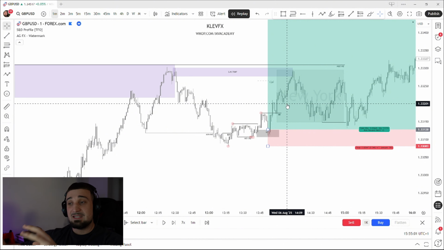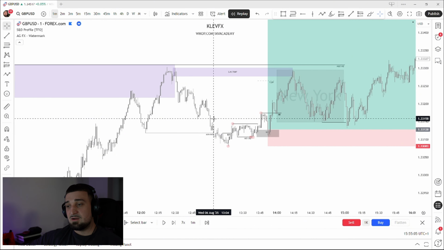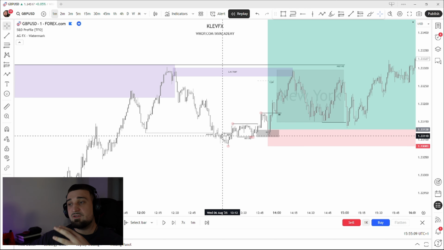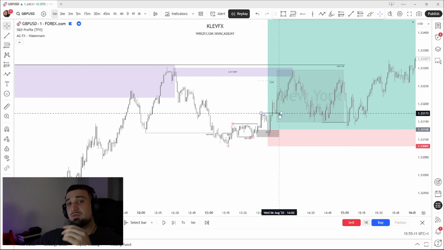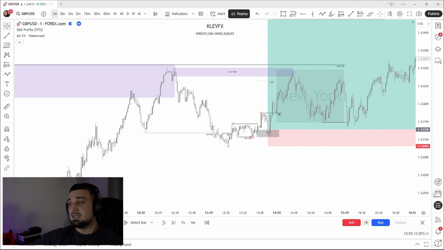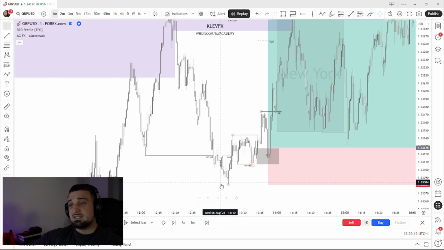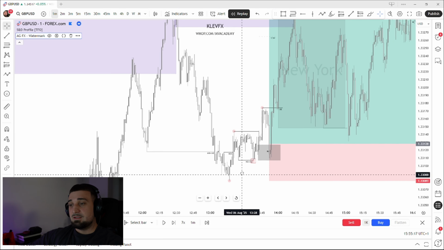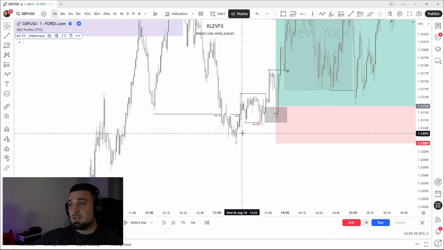So seeing this happening, I was still a bit okay. We're still a bit far away from the time frame because this was happening around 1 p.m. So still is okay because I can still wait for things to play out and then maybe something happens within our time frame. So what I waited to see is after we had this minor inducement coming into the New